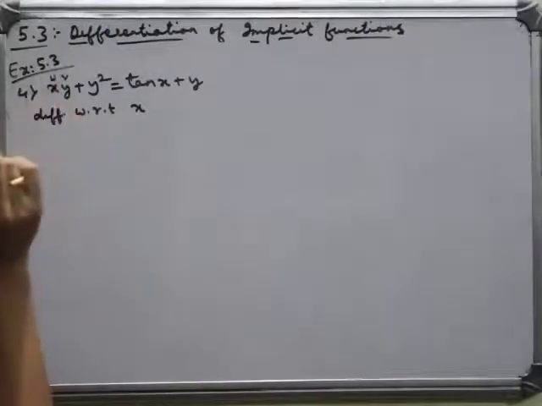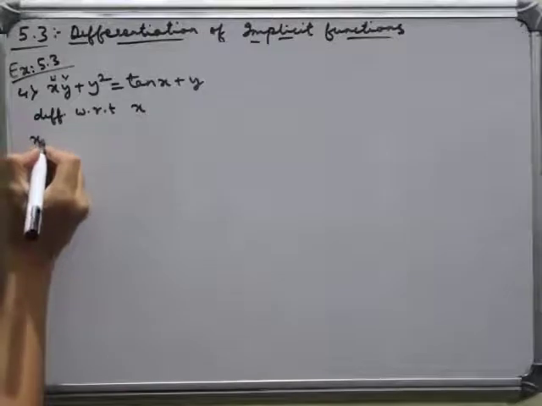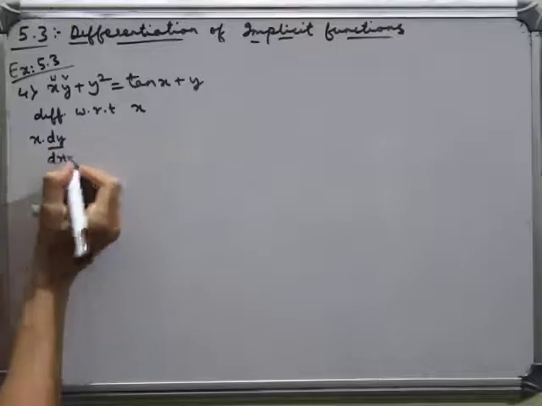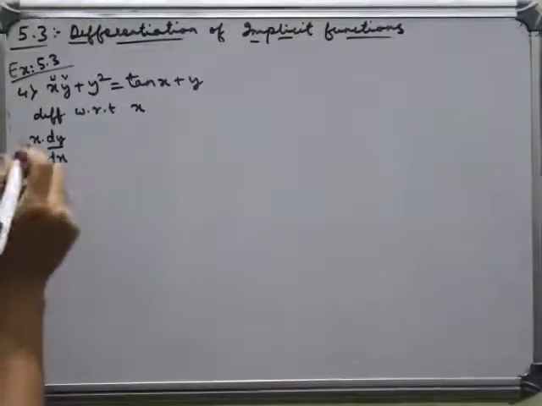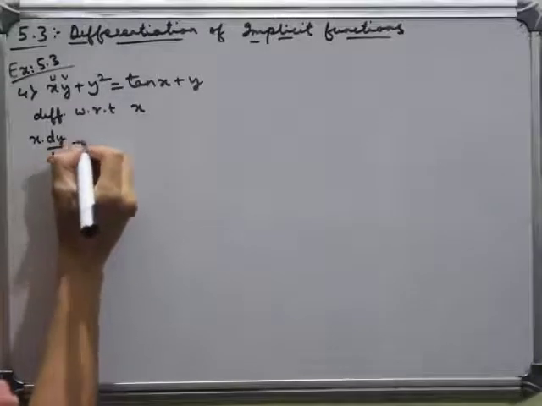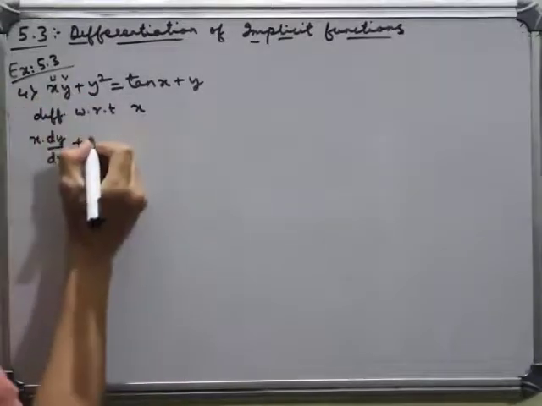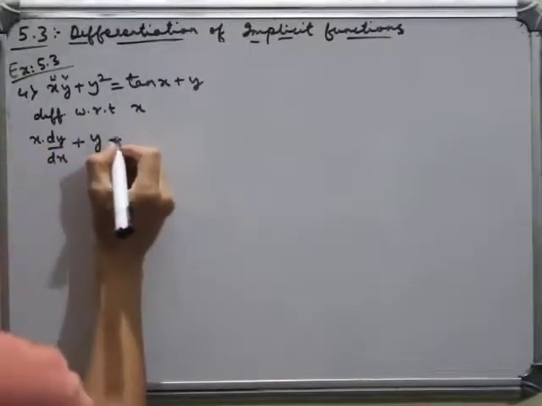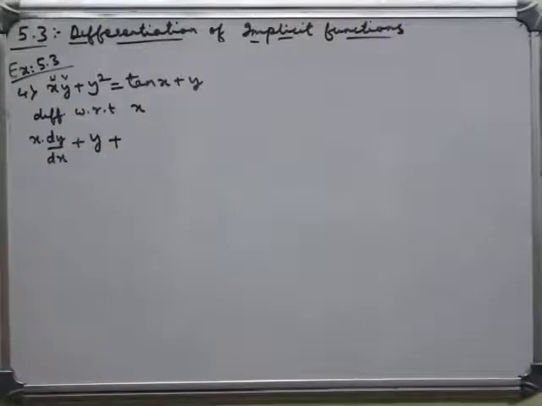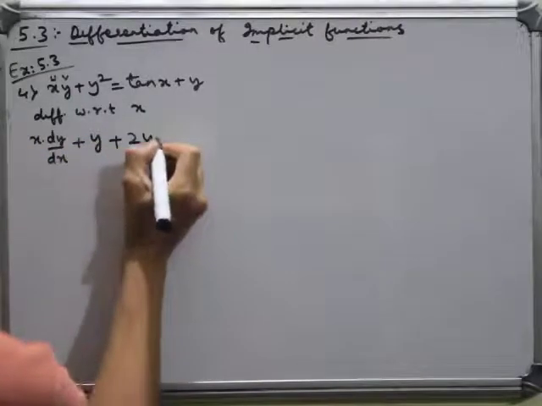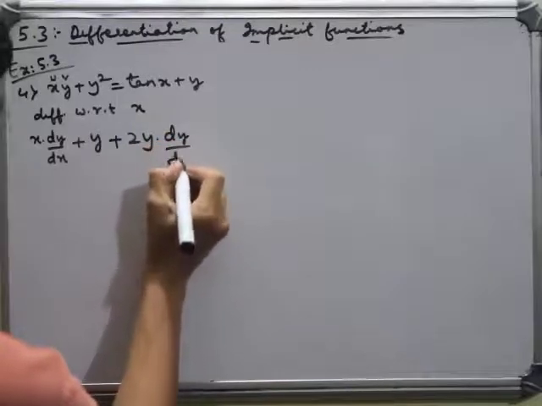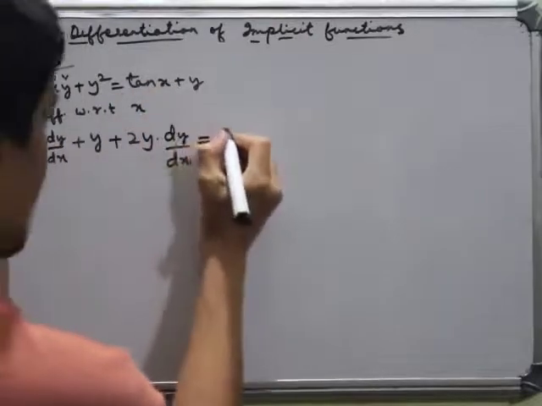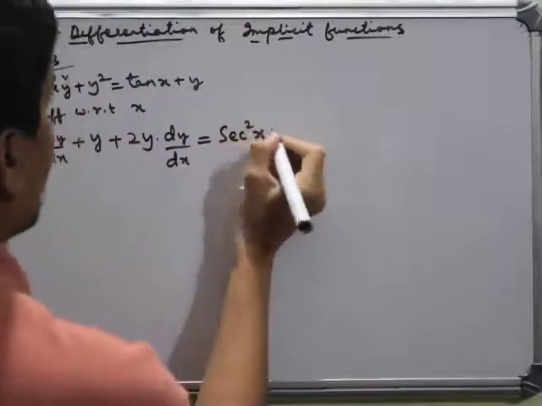So u is x and v is y. So u into dv by dx, differentiation of y: x into dy by dx, plus y into differentiation of x, differentiation of x is 1, plus differentiation of y square, differentiation of y square is 2y into dy by dx, is equal to differentiation of tan x, differentiation of tan x is secant square x,